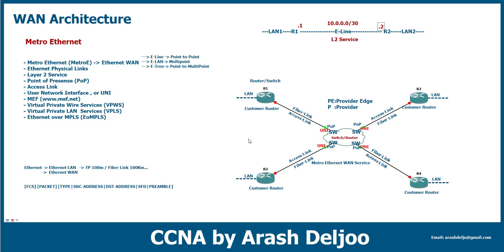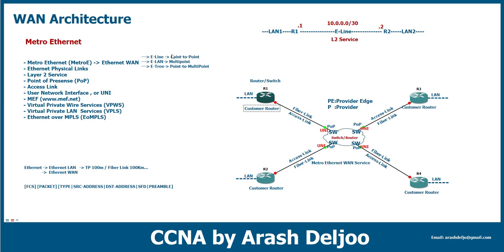Because of that, now we can understand this service is also layer 2. The router 1 interface, router 2 interface, router 3 and router 4 are all using the same range of IP addresses, and they can establish neighborship with each other. I will talk about the layer 3 considerations, but until now we have learned about the Metro Ethernet concept.